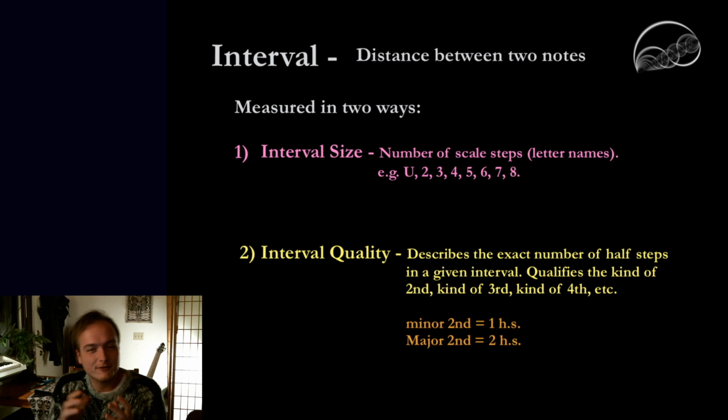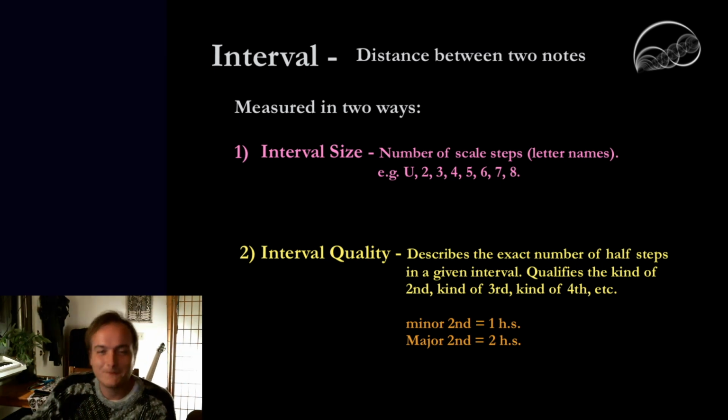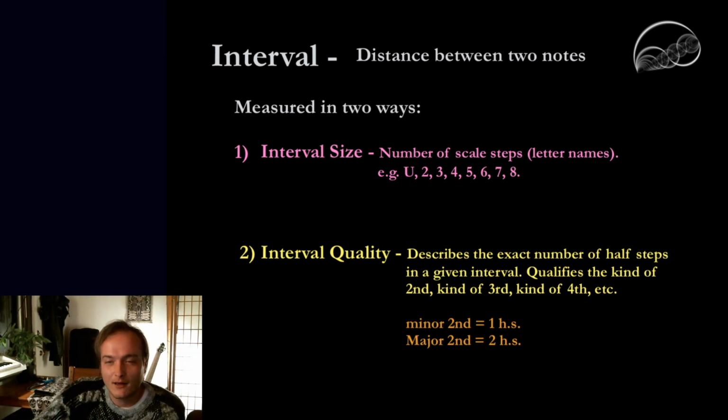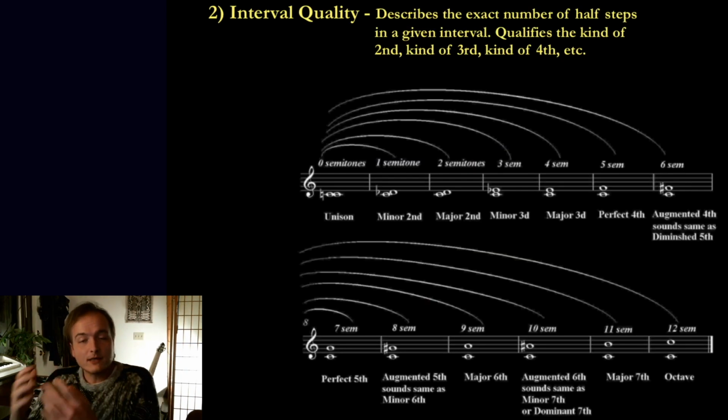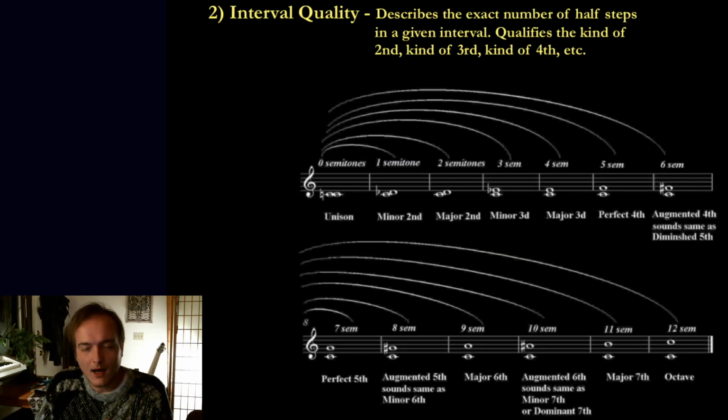Is it the big third or the small third? Big second or small second? And that's where major and minor are going to come in. So we can see in this chart, starting at the unison, C to C, climbing up chromatically, we're going to